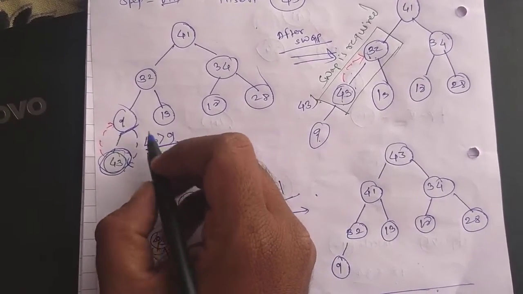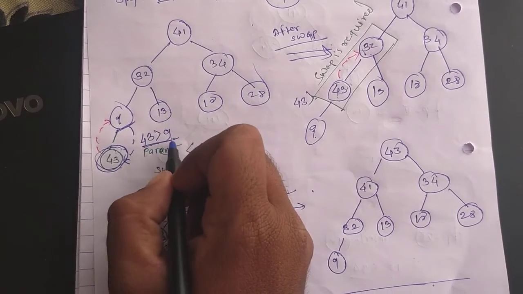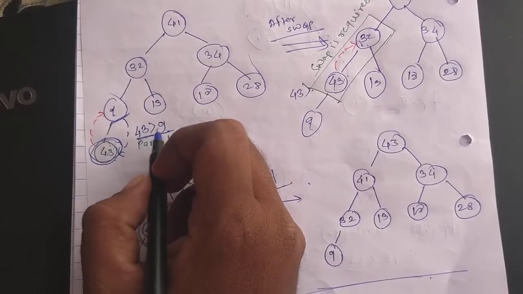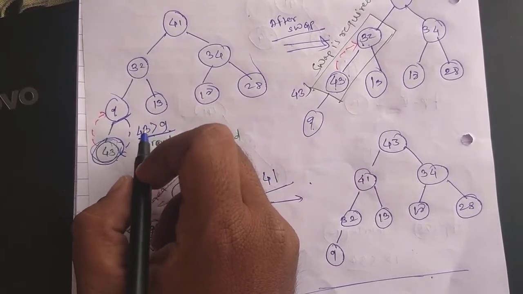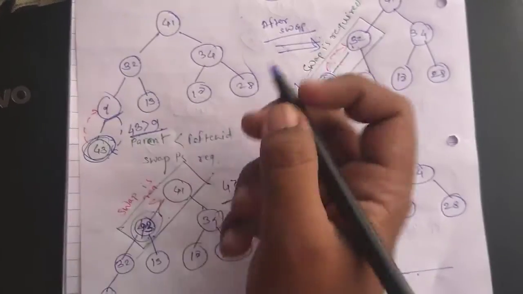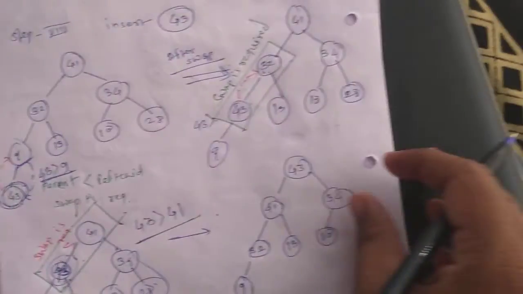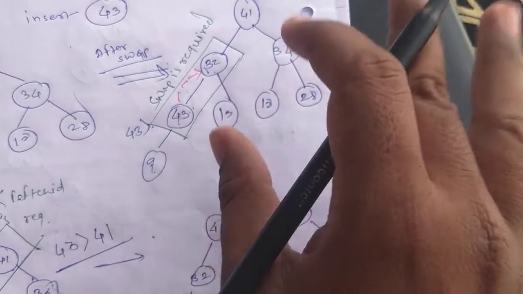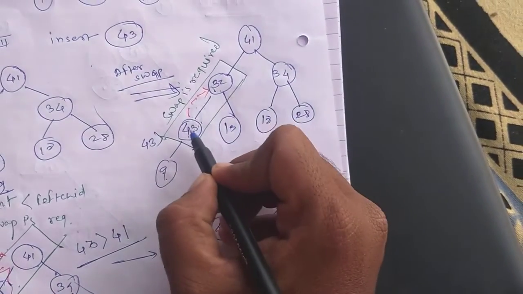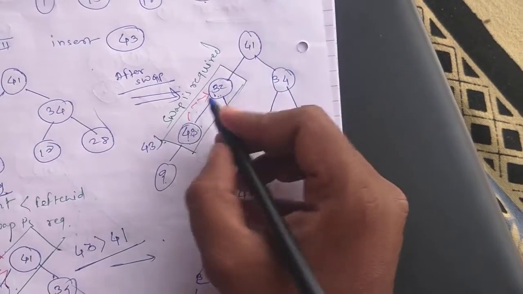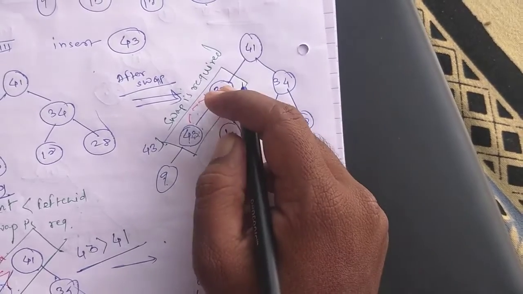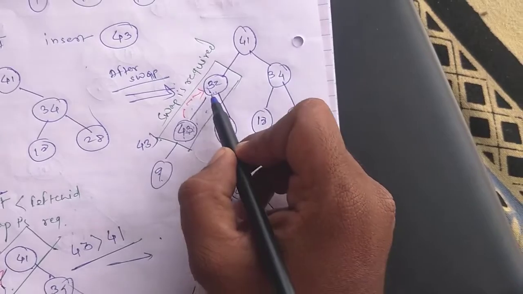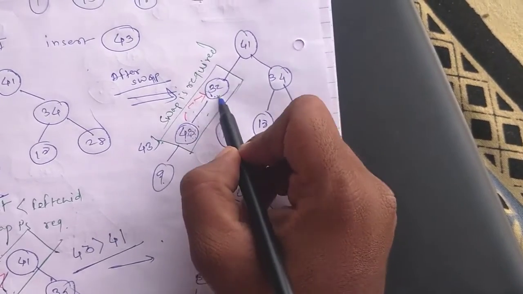After comparing this 43 with 9, 43 is greater than 9, so we require a swap, because we are following the property of the maximum heap tree. After swapping this element, the tree is like this. Again we should follow the property of max heap. So 43 is the new element, and we have to compare it with its parent node. Again the 43 is greater than its parent node, so again a swap is required. So we are swapping this 43 with 32.